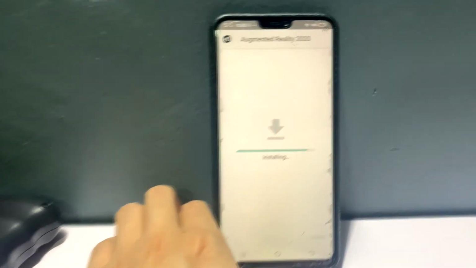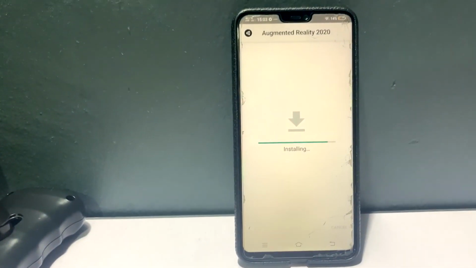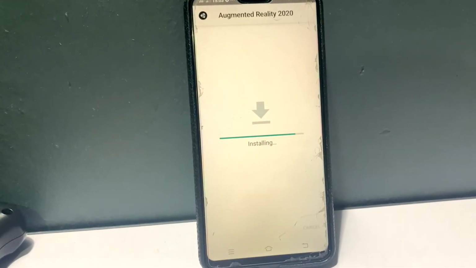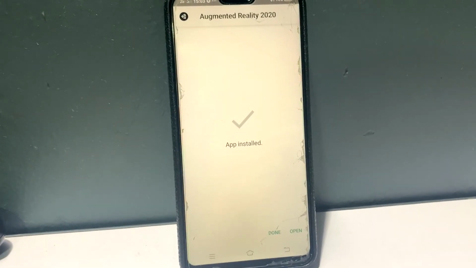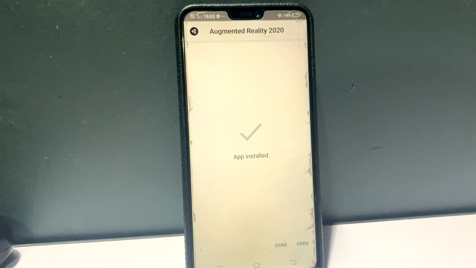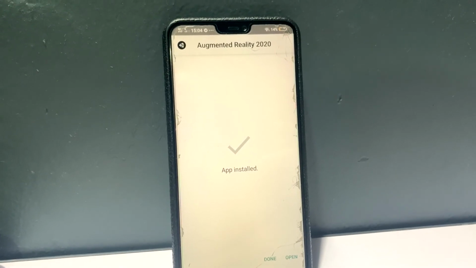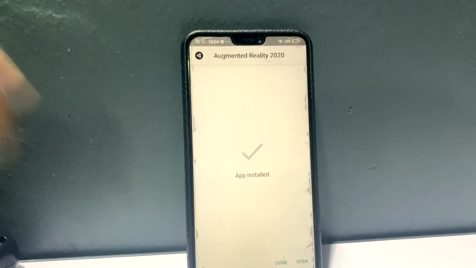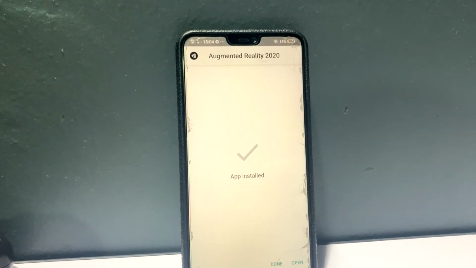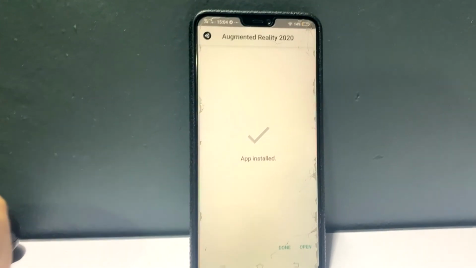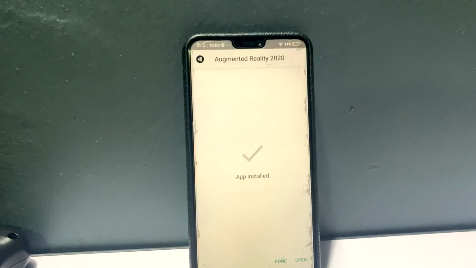If you have a pop-up that says enable installation from unknown sources, just tick the unknown source so that the external application can be installed. After you have done install,